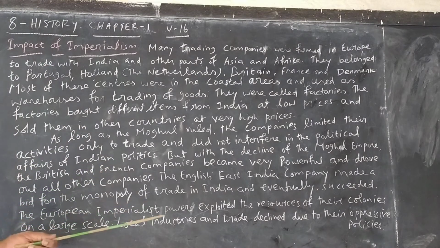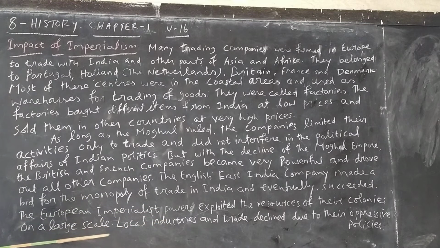In 1498, Vasco da Gama came, and at that time there was no Mughal Empire. The Mughal Empire was first established by Babur in 1526. Even before that, Portuguese people came. Okay, my children. So having said that, by the time of the Portuguese there was no Mughal Empire, but